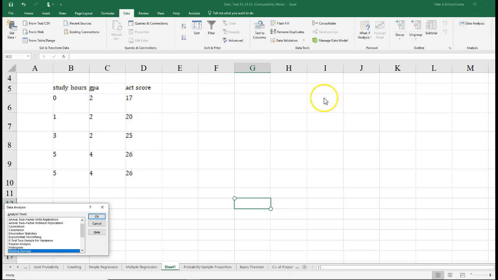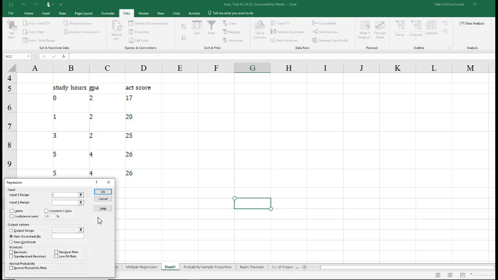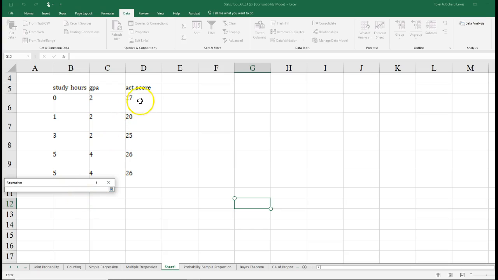Click on data analysis, click on regression tool. So we define the Y range,